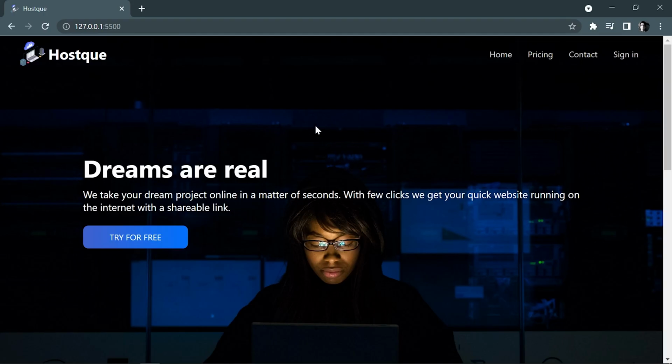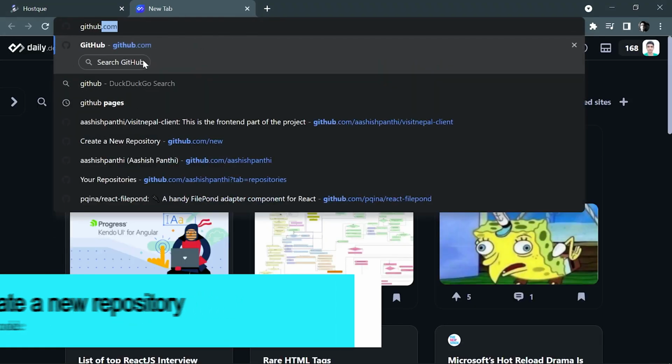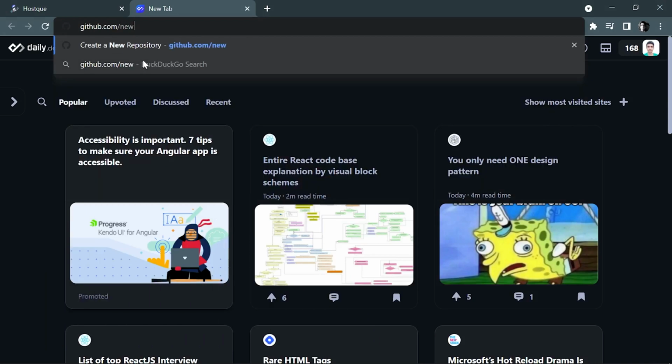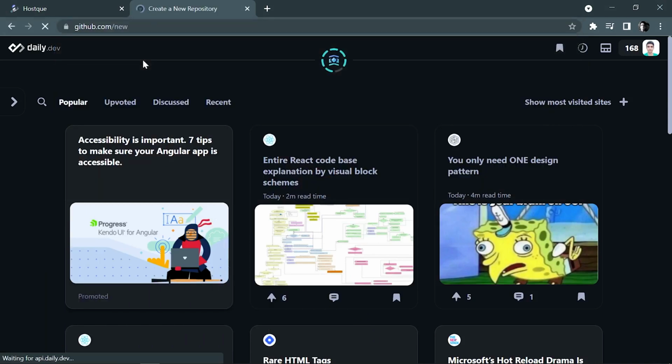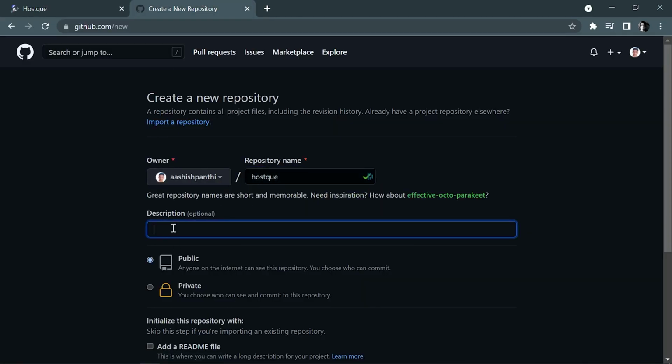So let's head over to our browser, and the first thing we are gonna do is create a new repo using GitHub. So github.com/new. This is a route where you can create a new repository. So I'm gonna create here the repo called HostQ, which is actually the name of this website. And in the description what I'm gonna give is like this is